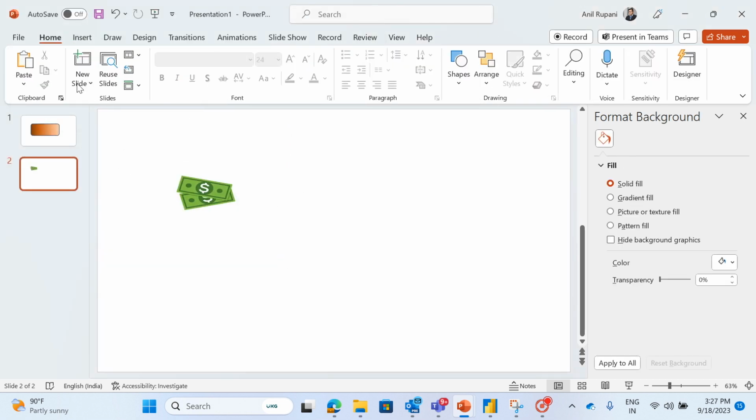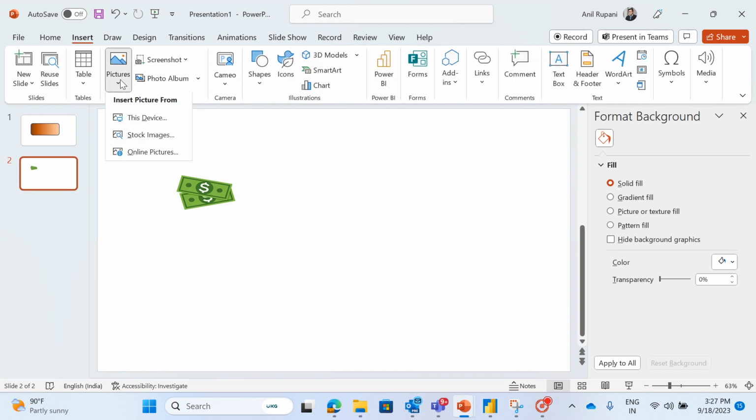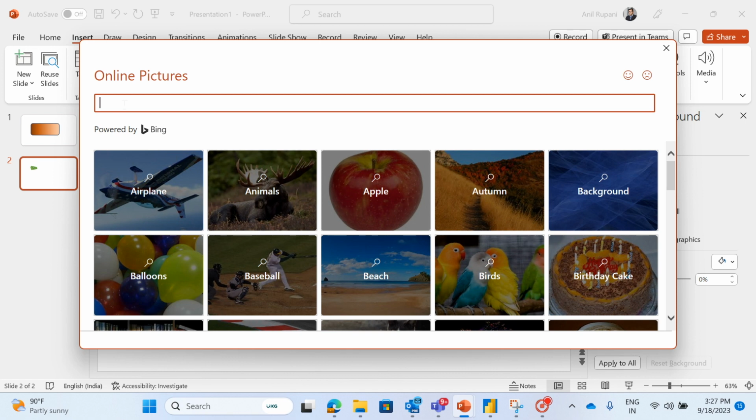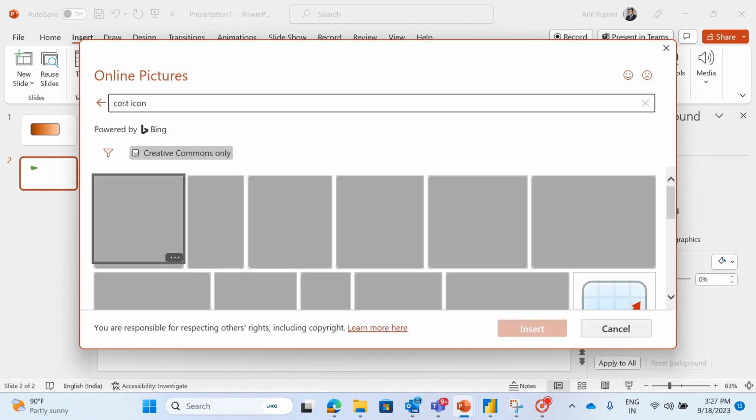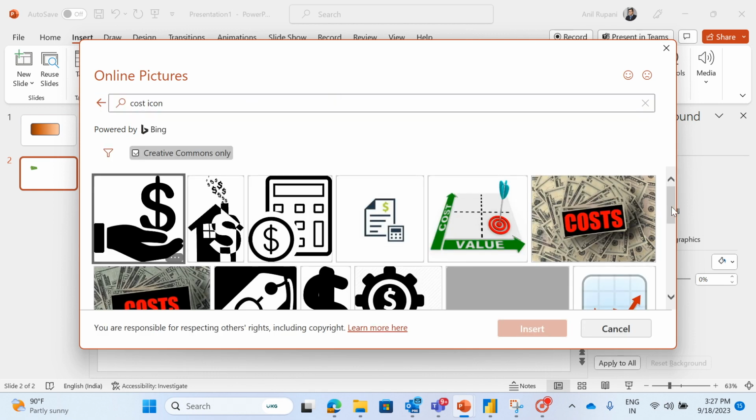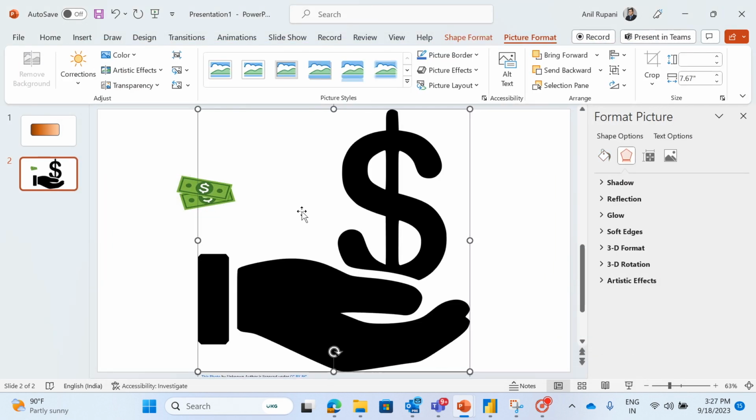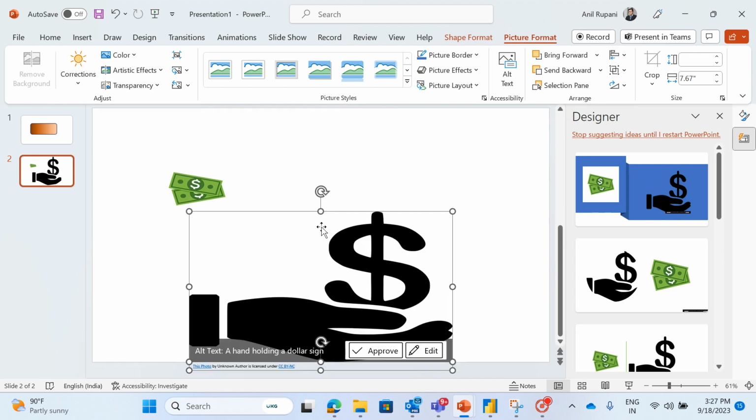Similarly, I would insert the infographics for the cost of sales as well. I will again follow the same process. Online picture. I will mention this as cost icon. Here, let me pick this one only. I will insert, reduce the size,